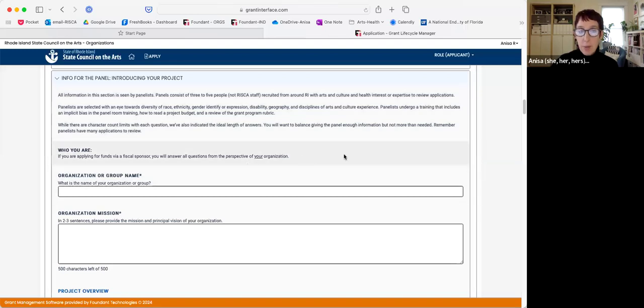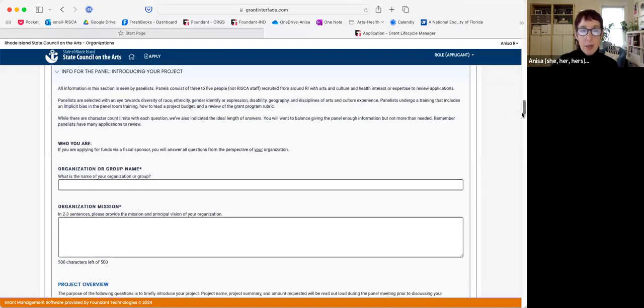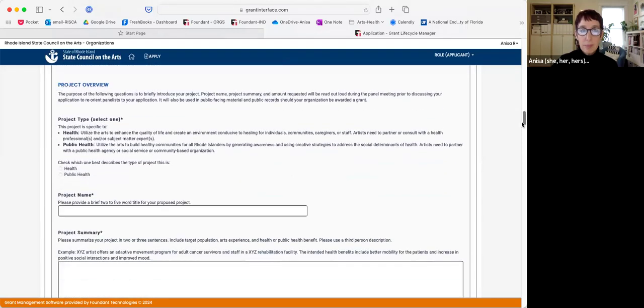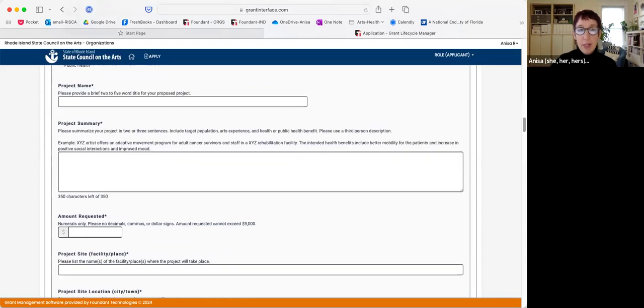So who you are, just list the name of your organization, a mission of the organization. There's a project overview, just letting us know if this is going to be a health or public health project. What's the name of the project? Very short. And then the project summary.